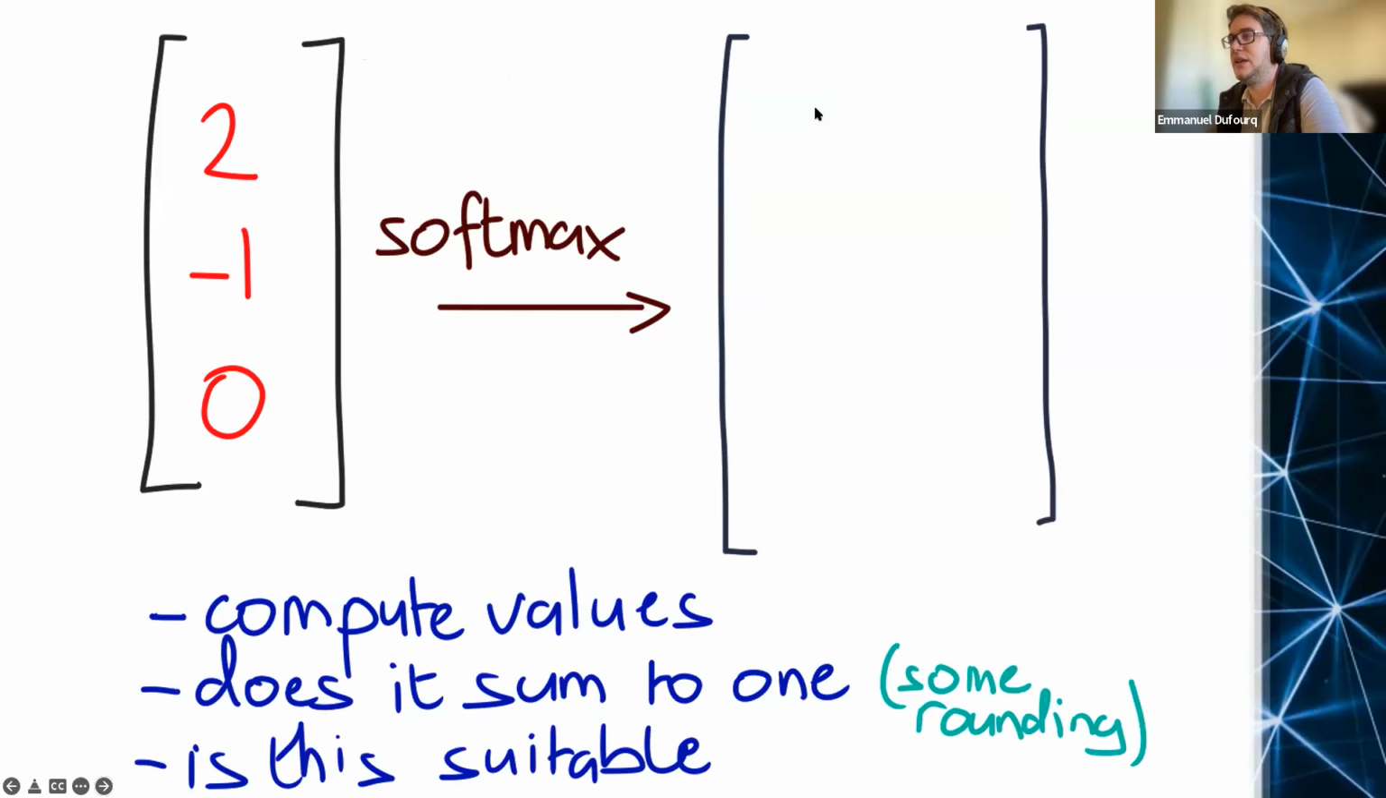So it would be e to the 2 divided by e to the 2 plus e to the -1 plus e to the 0. This one would be e to the -1 divided by e to the 2 plus e to the -1 plus e to the 0. And the last one would be e to the 0 divided by e to the 2, e to the -1, e to the 0. Now, if you took the time, you will see that